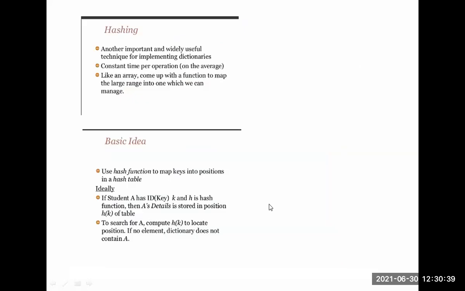Then next we move to hashing. So here hashing is another important concept. Here we are using the hash function to find the value in the given table. We store the values in the table with an index. So by searching that index, you find the given value.